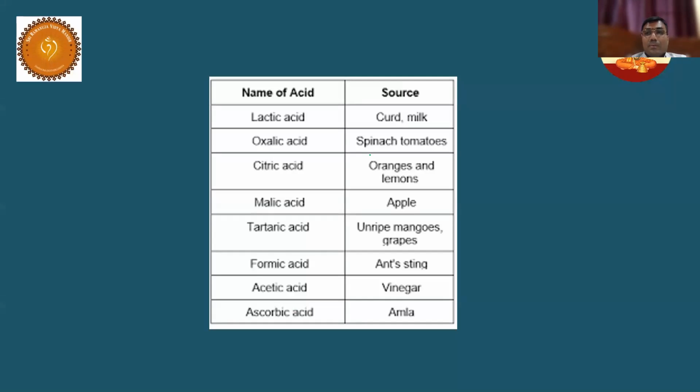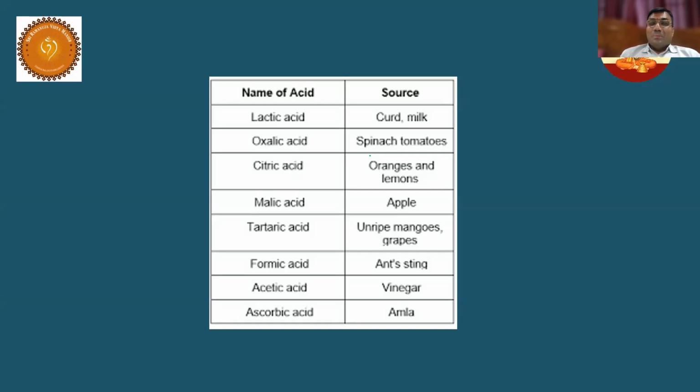Now you are going to get into the slightly competitive part. Okay, the next slide. Now I'm going to explain where you can recognize these acids in day-to-day applications. For example, in curd, lactic acid will be there. In the last session, I explained about oxalic acid. In spinach and tomatoes, you find oxalic acid. And in oranges and lemons, you get citric acid; that's why the name citrus fruits has come. Similarly, apple contains malic acid.